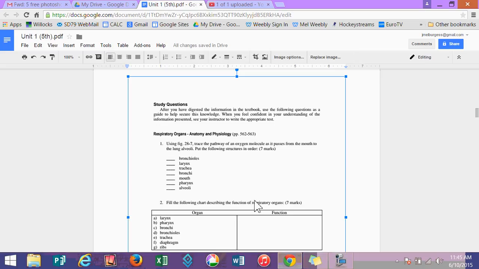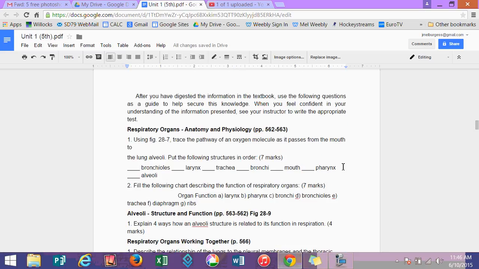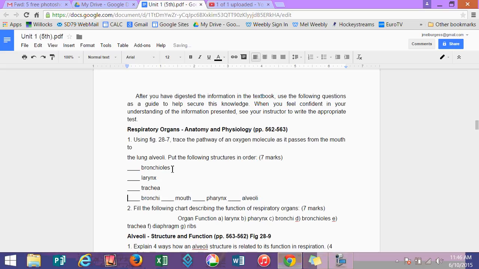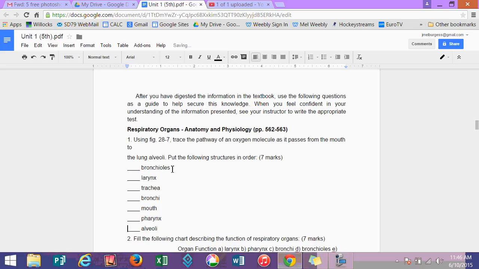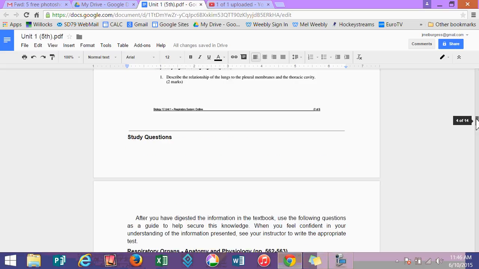So I'm curious what it did to the table and see if I can fix it. So here's the fill in the blanks, and it put them crosswise, which is all right. I mean, students could number them or whatever, but I could always just clean this up by simply pressing enter at the end of each line or at the beginning of each. And so by pressing enter, it's all pushing it to its own line. So that's actually not a hard fix. It's pretty straightforward. But when it came to the fill in the following chart, it pulls all the text out of the chart